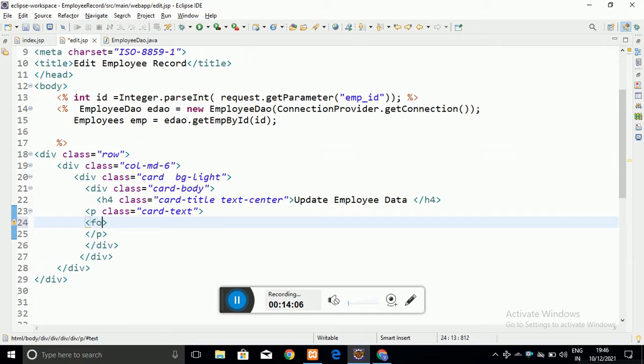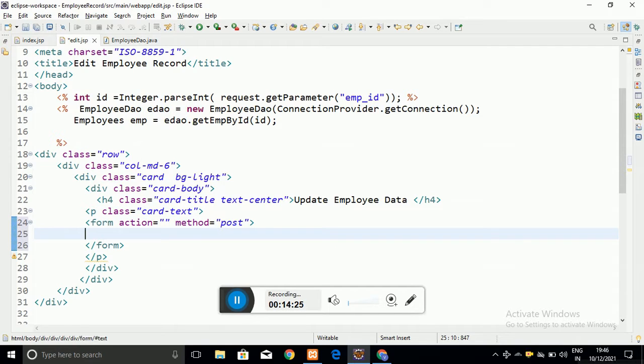Here I have to give the form and the action. I am going to create this form in a similar way as I created it when adding the employee.